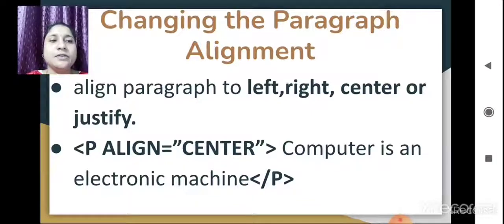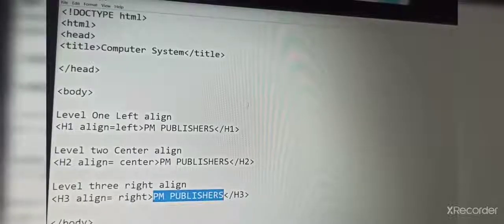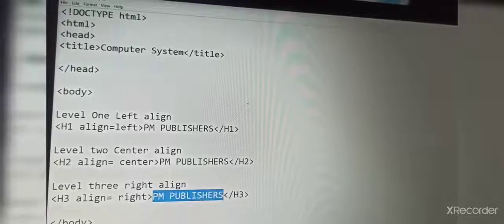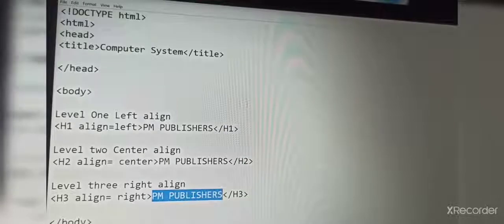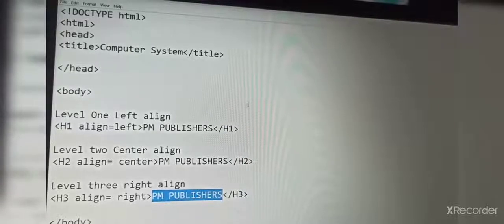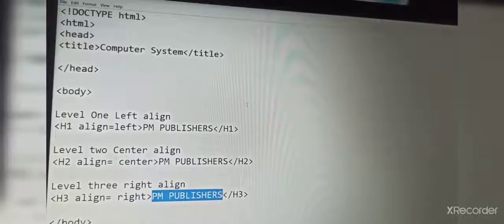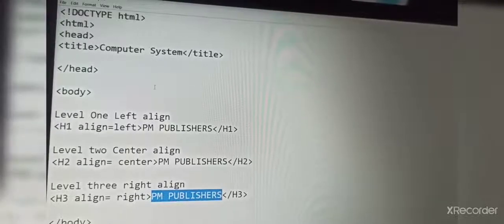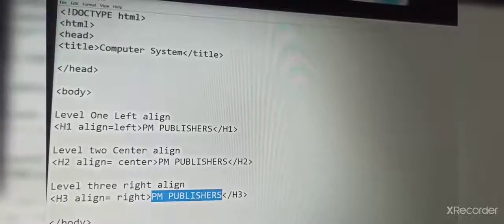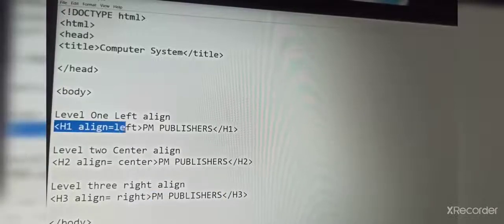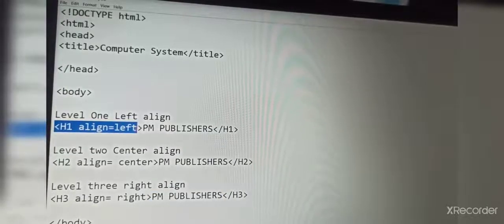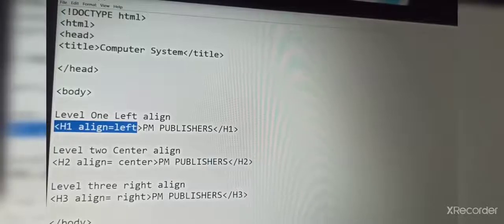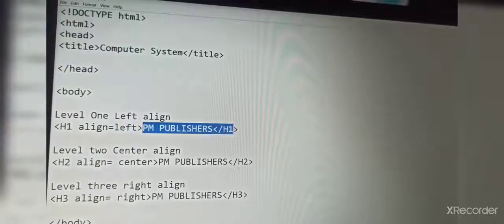Now we are going to see changing the alignment of the heading, to control the horizontal positioning or alignment of our heading by using this align attribute. So we are going to see that our text will, see here, in the H1 heading we have given align left, which means this text will be displayed on the left side.